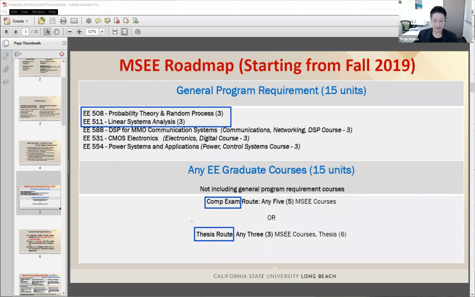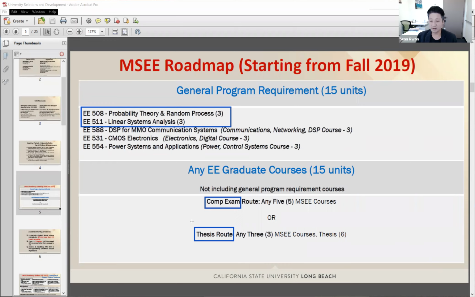Now, let me explain a little bit about the thesis route. Basically, I highly encourage you to choose this thesis route because it is good for you to have some academic record of research. In the case of the thesis route, you still need to enroll in EE 698, and it requires 6 units of EE 698.